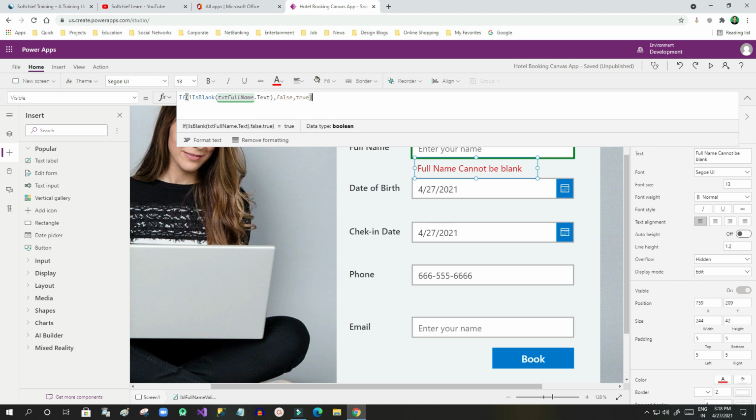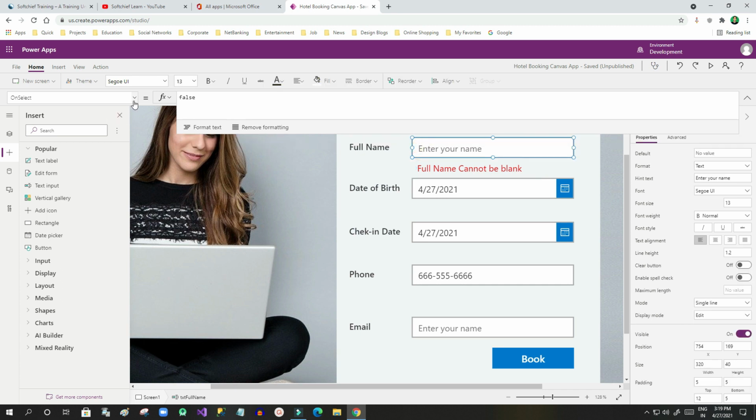Here I have written an If condition, and inside it the first parameter is the logical expression. IsBlank is used to check if the field value has some data or not. The condition is Not IsBlank(txtFullName.Text), where txtFullName is the ID of the full name text box.